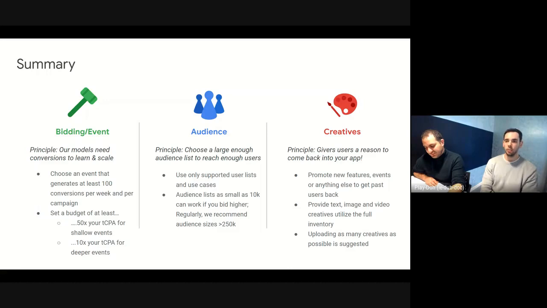So the key thing to keep in mind is align the optimization event with your KPIs. If it's a KPI around ROI, it's likely going to be a purchase or a proxy to a purchase. If it's retention, then something along those lines, or even an app open, if it's daily active users. And make sure that you have at least 100 weekly conversions for the campaign to be able to scale and